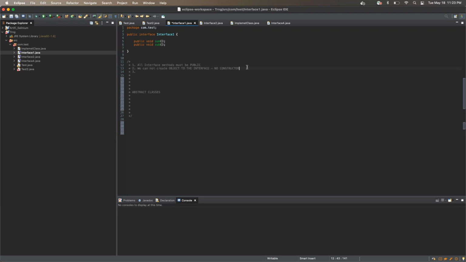And we also understood one more rule yesterday. What was that? All the methods of the interface have to be implemented in the implementation class, right? So these three rules are also shared by the abstract class, but only a very minute difference will be there